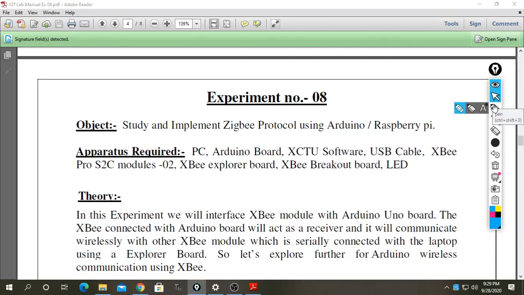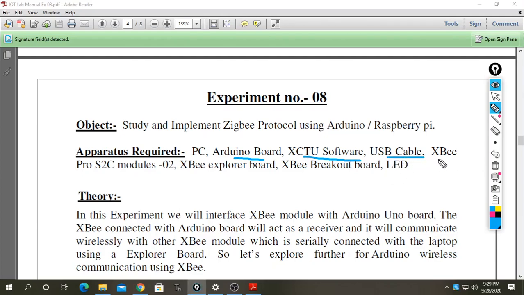Then Arduino board. As you already know about Arduino board, because in my last experiments I have performed many experiments over Arduino board. Then XCTU software, this is new software which I have to download.